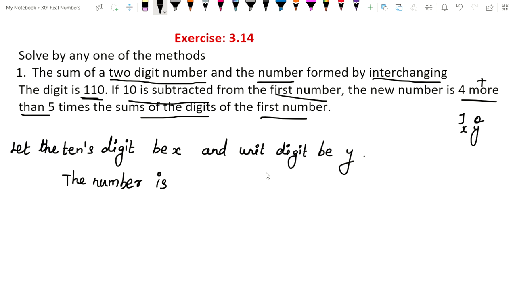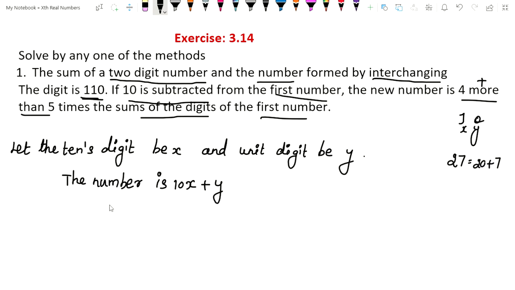Write in expanded form. Okay, what is expanded form? See the example, 27 equals 20 plus 7, because 2 is present in tens place and 7 is in unit place. So expanded form I am going to write. In tens place which variable is there? x, 10x, plus ones place y is there. So 10x plus y is the number. Okay, two digit number 10x plus y.